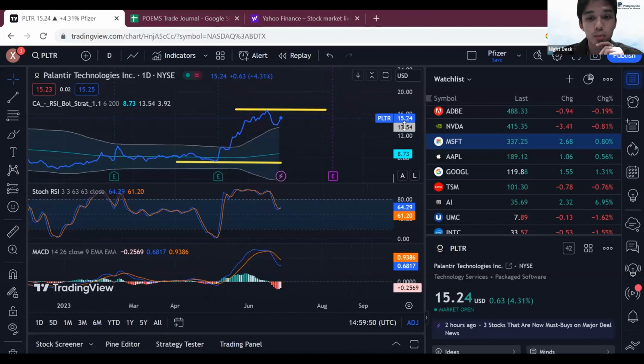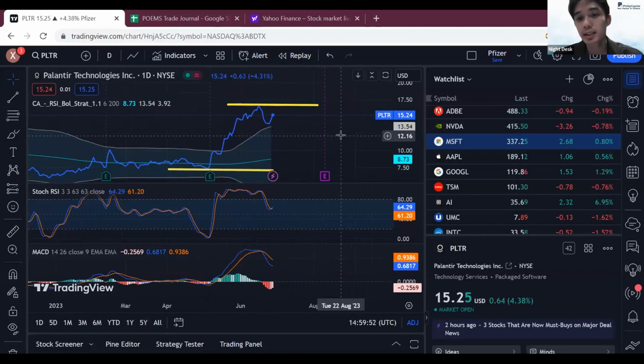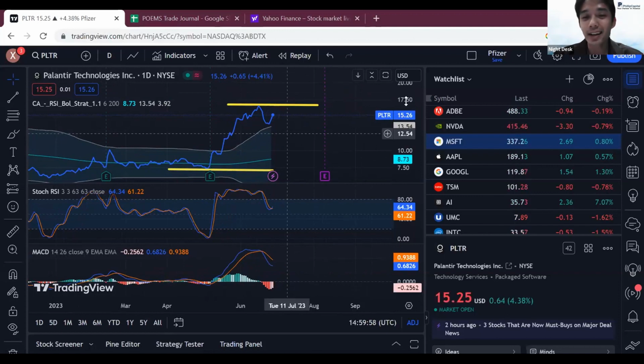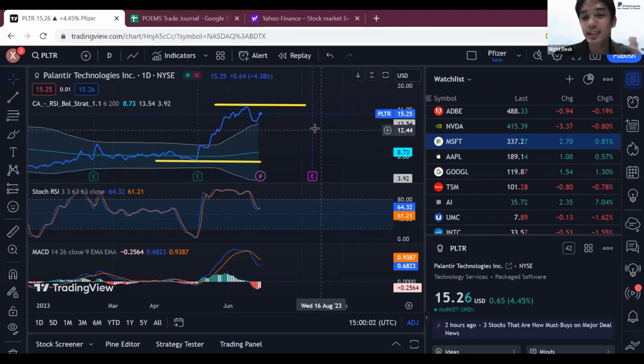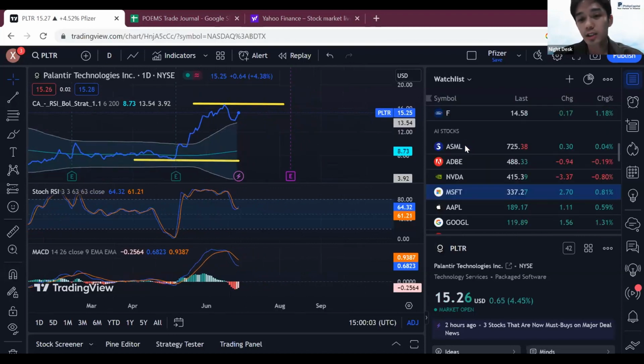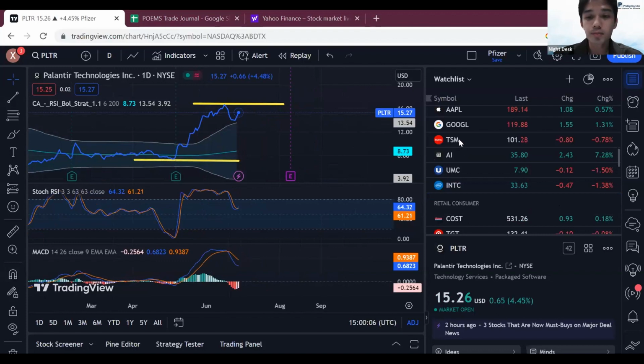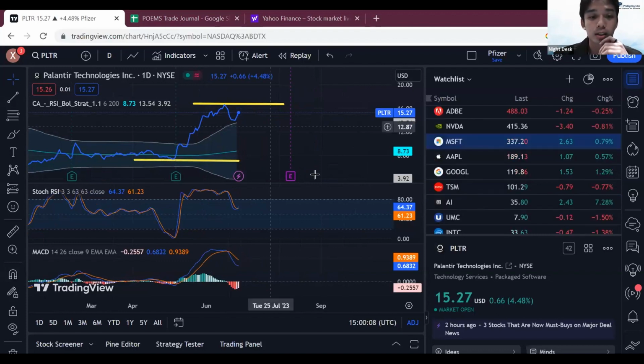It's just something I'll put on my watch list, because you must understand there are so many stocks for you to choose. You don't have to die-hard follow this one, like it's your pet. You don't have to say, I love this one, I'm going to hold this forever, like Tesla. There are a lot of stocks for you to choose. You don't have to solely buy one.